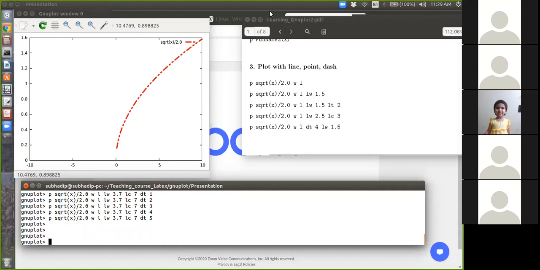Let me check. Graph is not observable sometime. Okay, no problem so far. I don't know, the graph is not observable maybe due to the internet connection. I cannot do anything. So I am going to share it again.